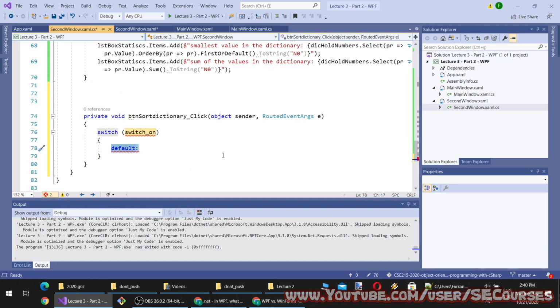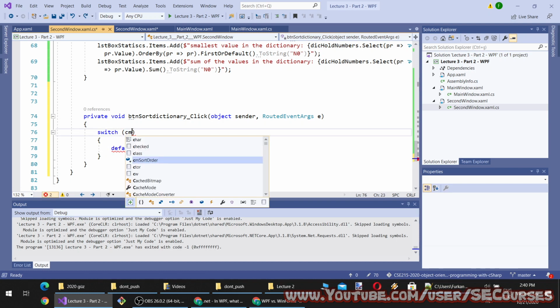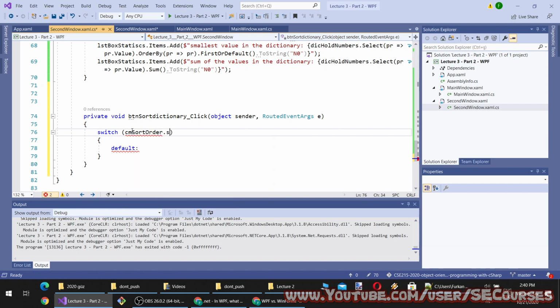So by default, I won't have a default value. This switch will take a value, it can take anything I provide. In this case, I will provide the combo box selected index.